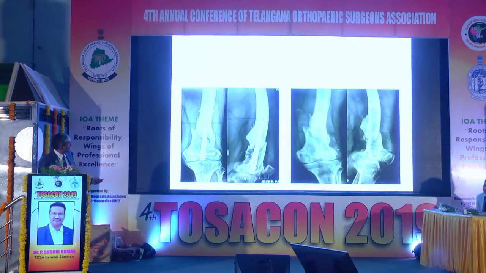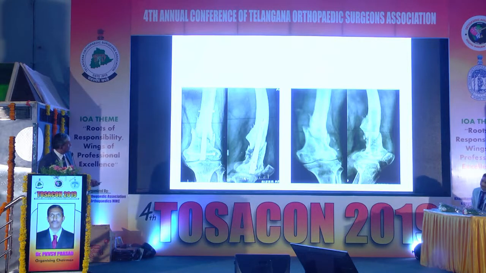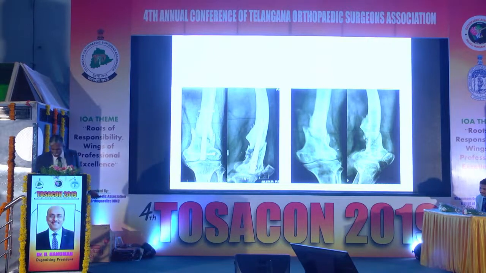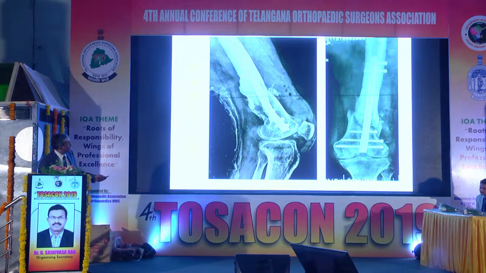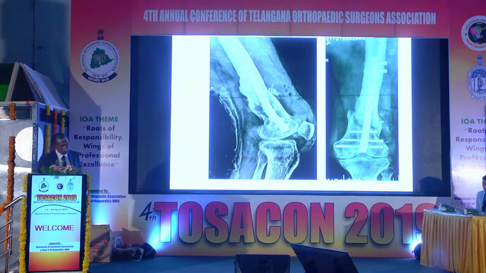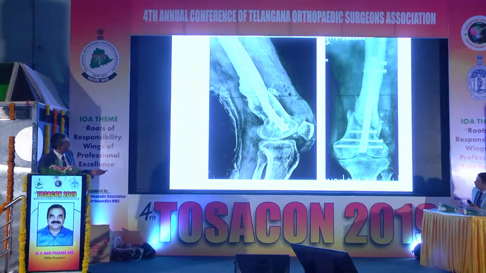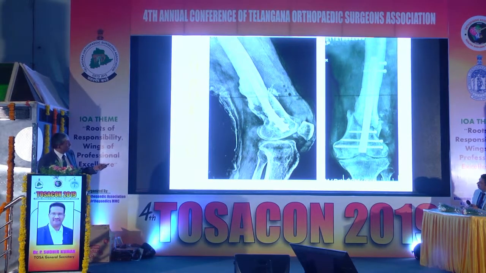And another case of non-union with only 1 screw below and 1 screw above, and that has been removed. But there is an anterior translation which has been tackled by reverse position of the nail, and the anterior translation has been corrected and good union has been achieved. So you can just modify the position of this, and then you can get good reduction of the fragments by just changing the position of the